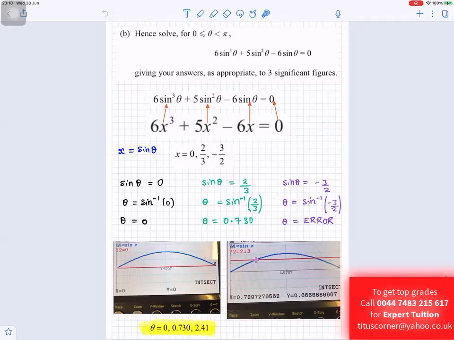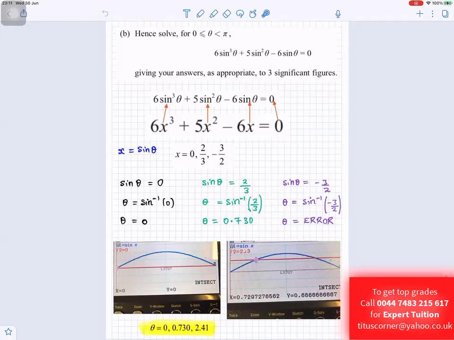So from before, because it says hence, when we solved it, we had x is 0, x is 2 over 3, or x is minus 3 over 2. So now we replace x, x is sine theta. So we say sine theta is equal to 0. So inverse sine of 0 is 0. Sine theta is equal to 2 over 3. Inverse sine of 2 over 3 is